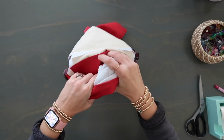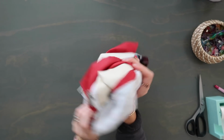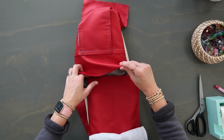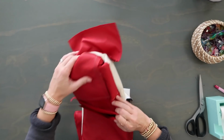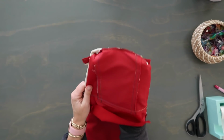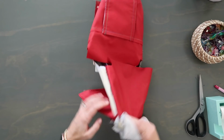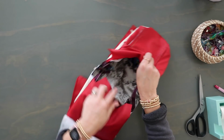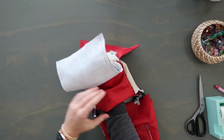Okay, once you have it all top stitched, we're gonna turn everything wrong side out again. Mostly what we're interested in right now is getting these bottom edges of the lining right sides together. So whatever you have to do to get it to be easy to do that. Now make sure your lining zipper pocket, so this one up here, make sure that